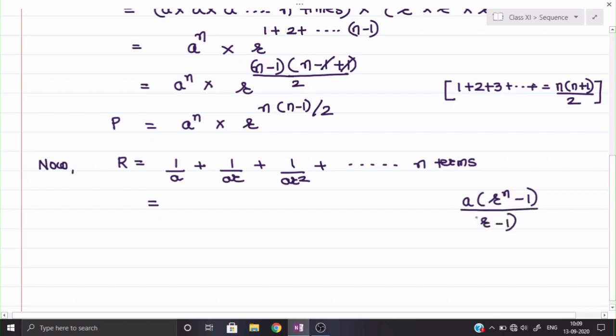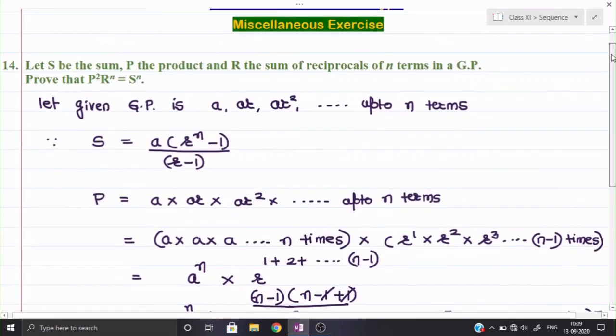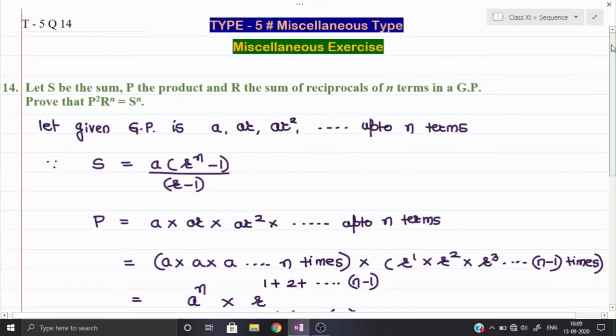Okay, now one change will be here. See, this formula is there, but this formula is for R more than 1, and in the beginning you observe I have applied the formula for R more than 1. Means when I was finding the sum of all the terms of GP, I applied the formula which is for R more than 1. If R is more than 1, then definitely 1 upon R will be lesser than 1. For example, you take the value of R equal to 2, then 1 upon R will be 1 upon 2, and 1 upon 2 is lesser than 1.